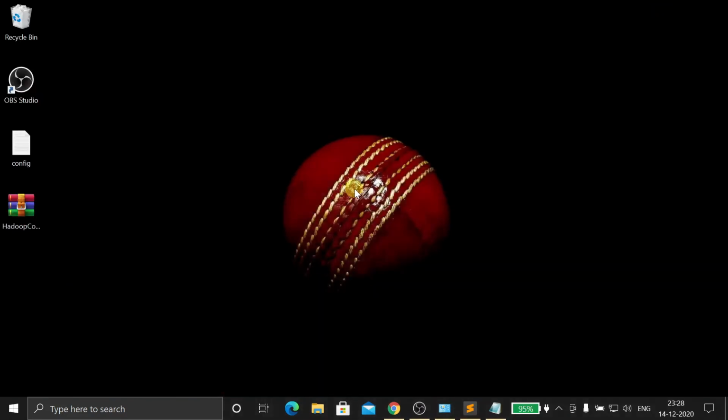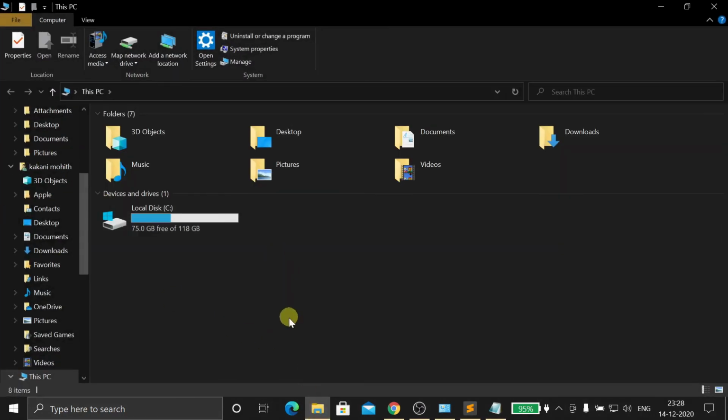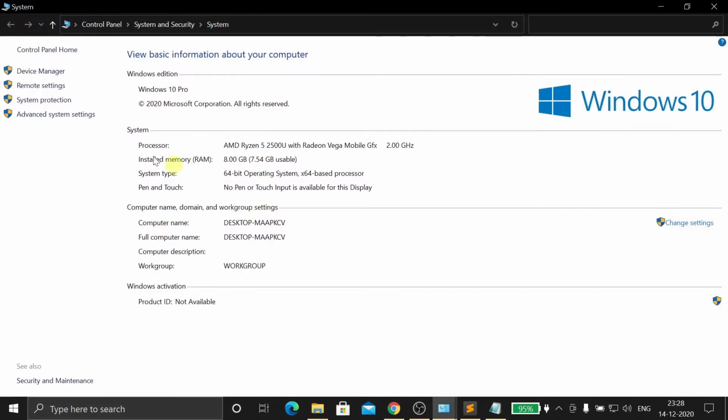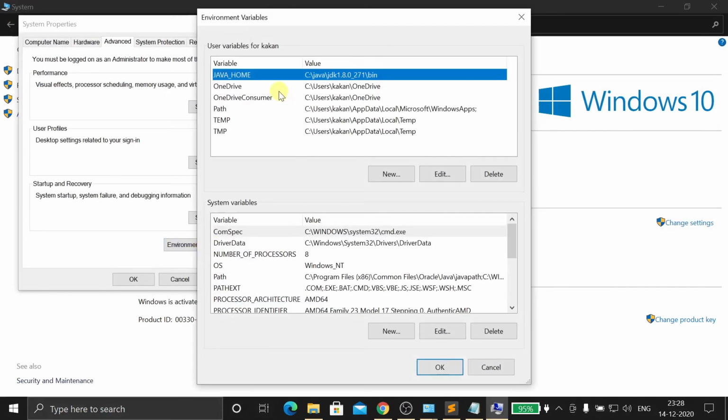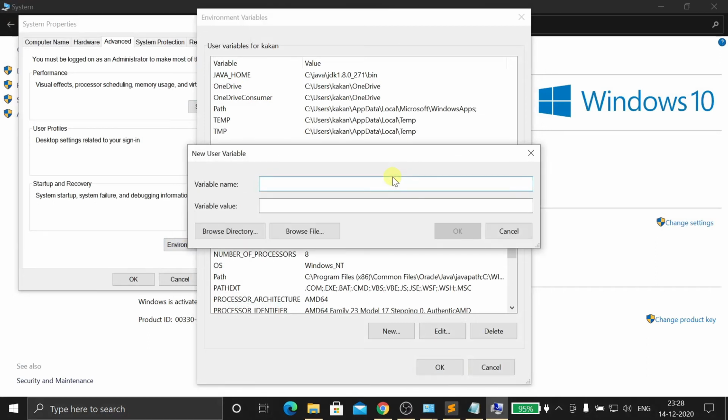Just minimize this. Now we need to set the class path to the Hadoop again. Open files, properties, advanced system settings, environmental variables, Java home. Now we need to create Hadoop home. Caps lock on.